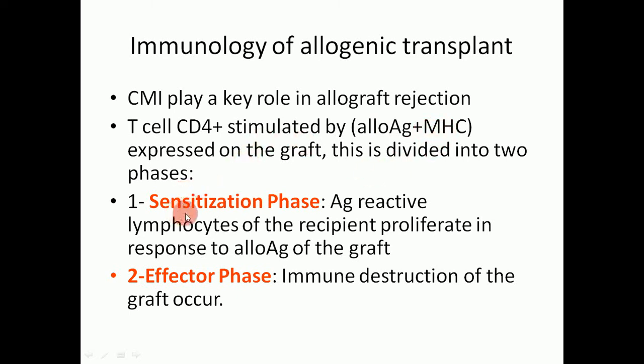This occurs through two phases: a sensitization phase, with the antigen reactive to lymphocytes of the recipient, and these lymphocytes will proliferate in response to this allo-antigen plus the MHC. After the sensitization phase, there is an effector phase, which is aimed at the destruction of the graft or the tissue which is transplanted in the